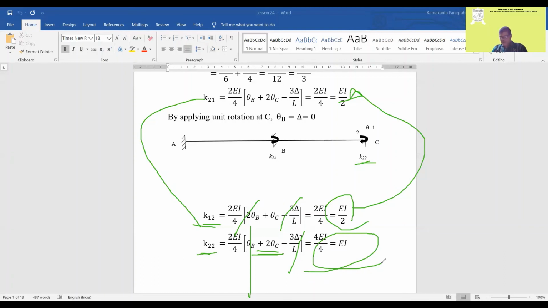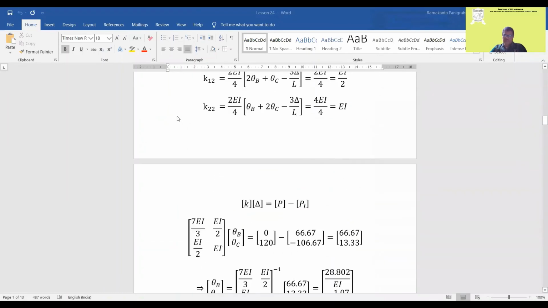So now we have calculated all the stiffness coefficients. These are basically stiffness coefficients. Or you can call them the elements of the stiffness matrix. So these are a 2 by 2 matrix. As I have told, 2 by 2 matrix development is easy. And you can always solve this, the inverse of these things. So now, go to the equation.